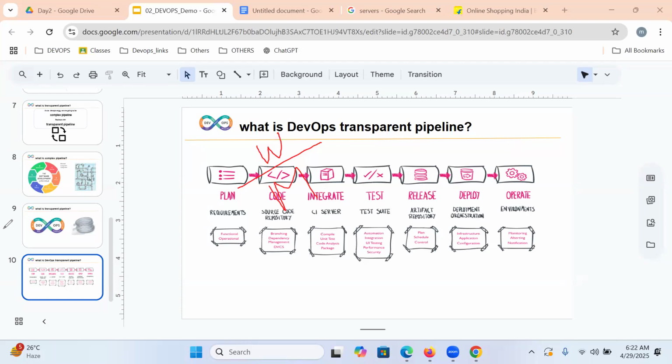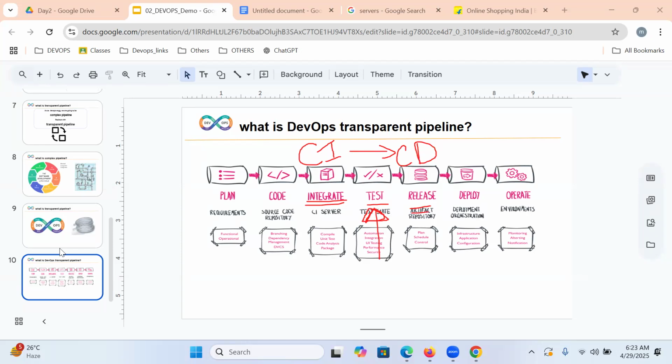Once all the developer's lines of code are maintained, as a DevOps engineer we continuously integrate. Once integrated, to check whether it is working or not, we execute test cases, which are written by testers, not by you. By executing these test cases, we get working software, and we continuously deliver it into the release.